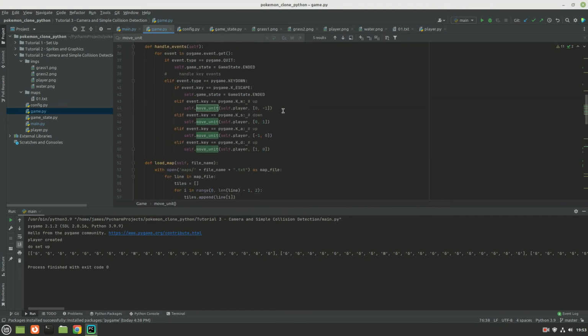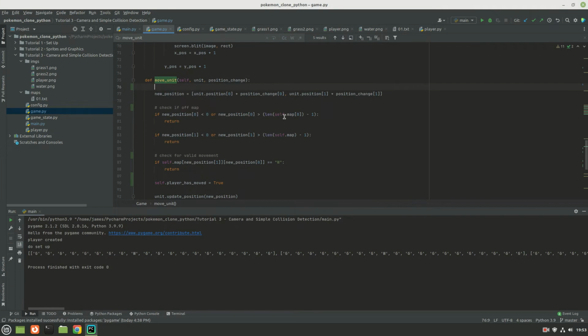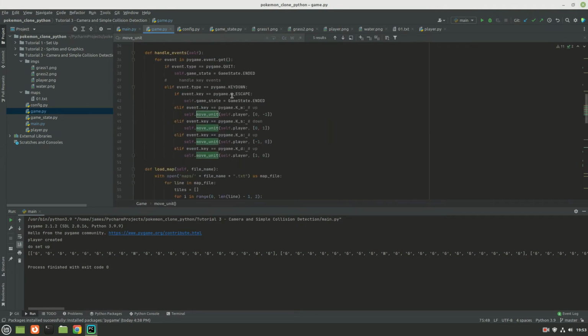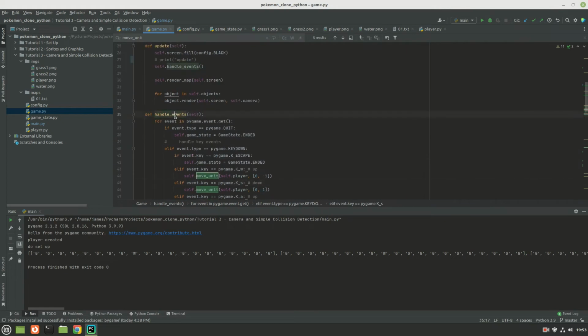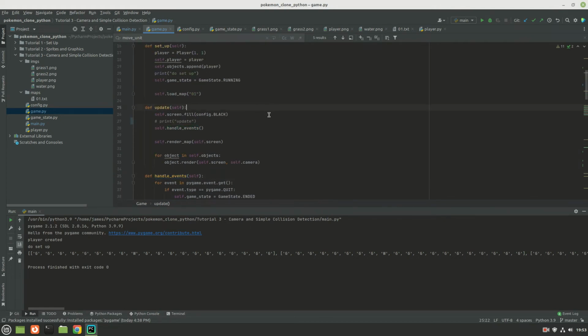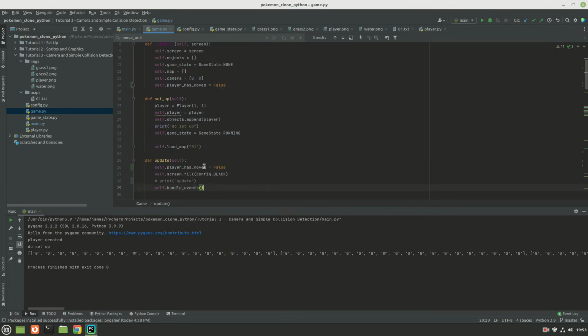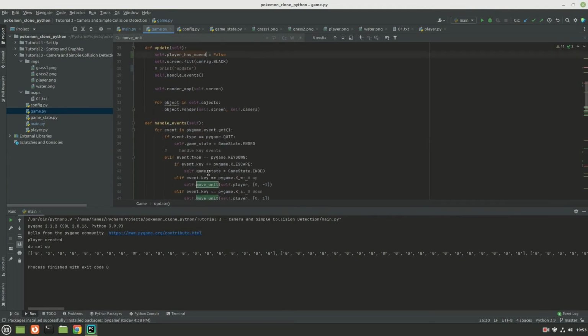Well, no, that's not going to work, because if we just set it there, then even if no input comes in, it's still going to be false. I don't really like it in handle event, so we're just going to stick it in update loop. First thing there. Player hasn't moved, false. Again, it's like, oh, this kind of code is hurting me inside. It's not good, but it's gonna work for now.